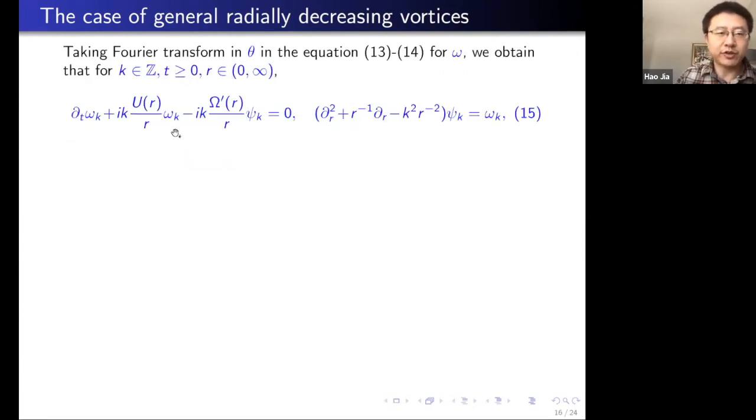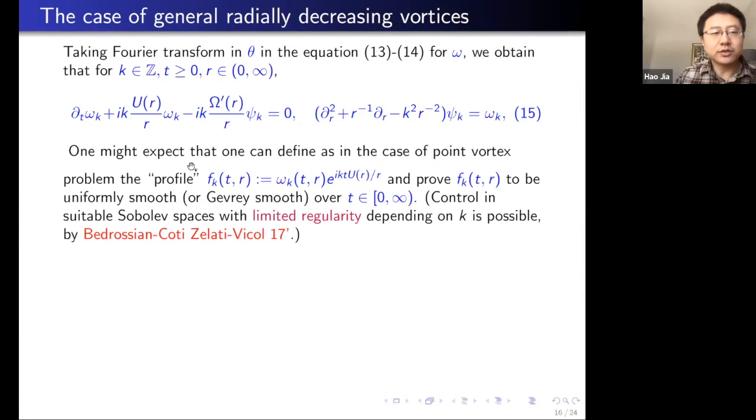So we take a Fourier transform in theta, and the Fourier mode is indexed by k. So we have this family of equations for omega k. We want to understand this equation as thoroughly as possible. As in the case of a point vortex problem or shear flow case, naively one might hope to get this profile by